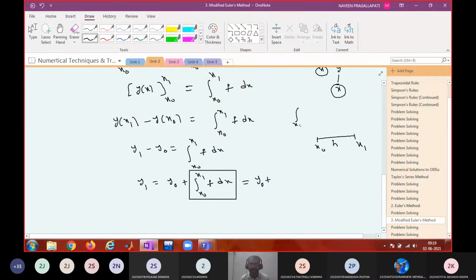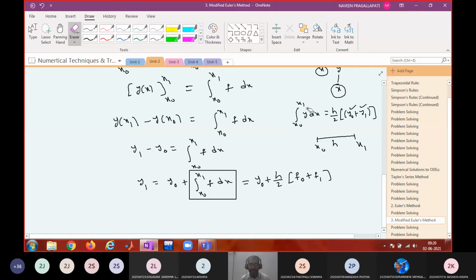So can you tell me the trapezoidal rule formula for this? What is the integral from x0 to x1 of y dx? Only 2 points are there: h/2 times (y0 + y1), am I right? And there is no other point, therefore only these two will contribute, the sum of the end points. Middle points are not there. That is for the integration of y. Now we are doing integration for f, so what would be the formula? h/2 times (f0 + f1). Do you agree?